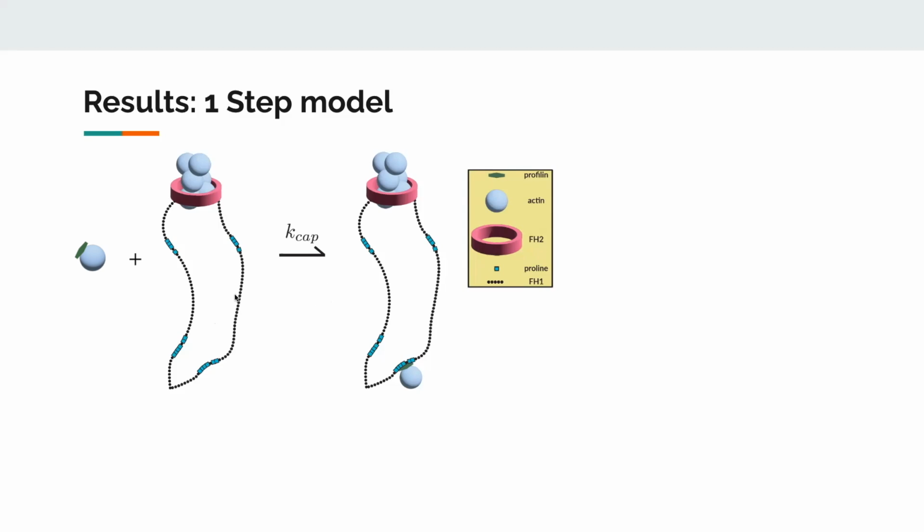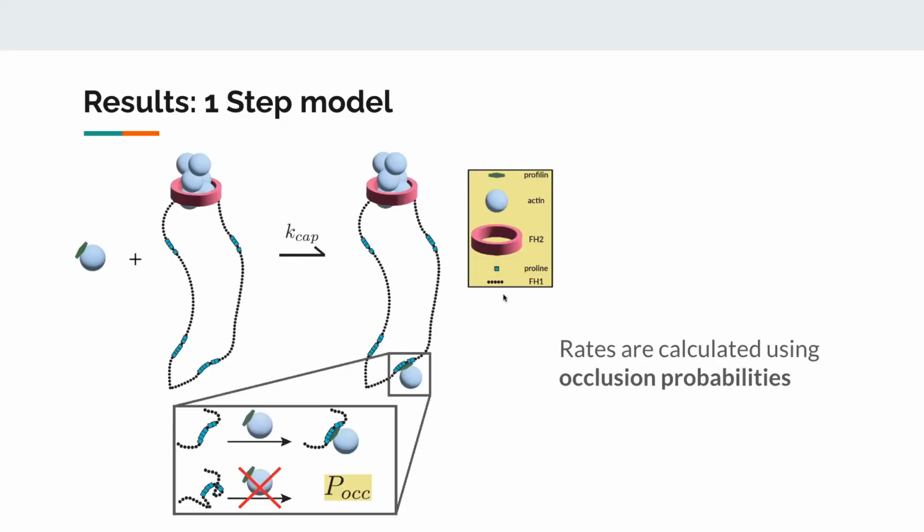And so this is the step where you go from a naked formin, where you have the FH2 domain in pink here, and the long tentacle FH1 domain down here. And this first step, this capture step, is the step where profilin-actin binds to the PRM. And in order to determine this capture rate, in order to model these FH1 domains, these disordered regions, we use